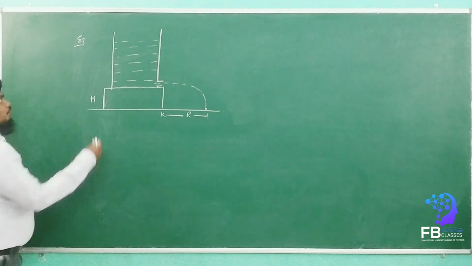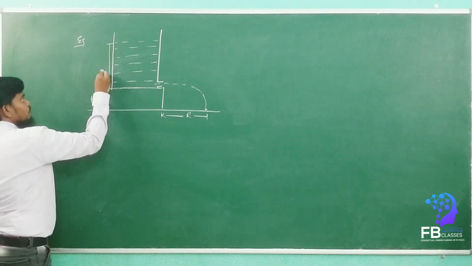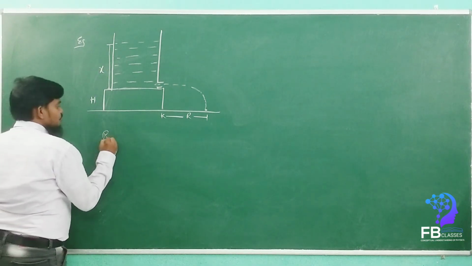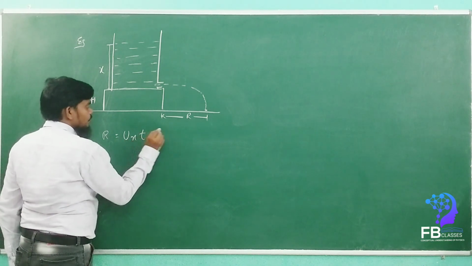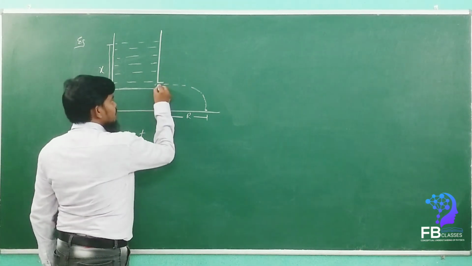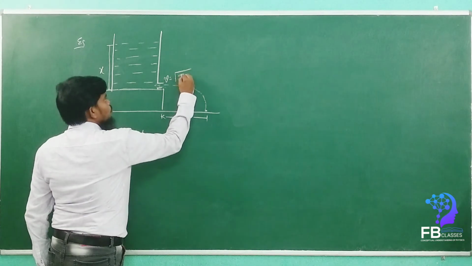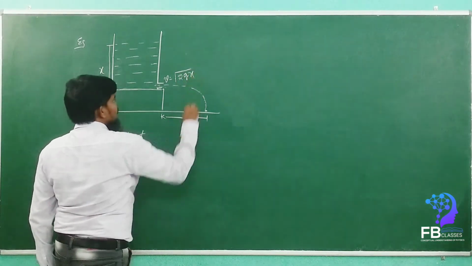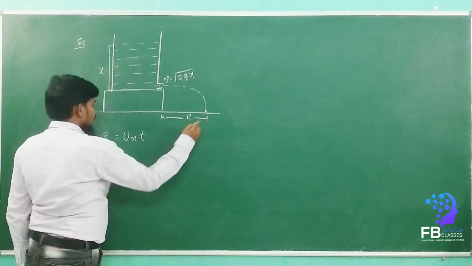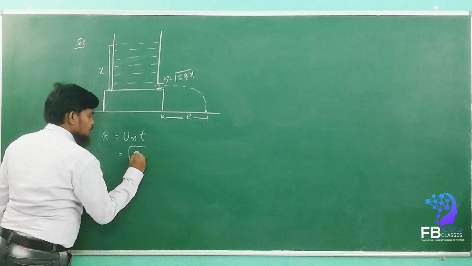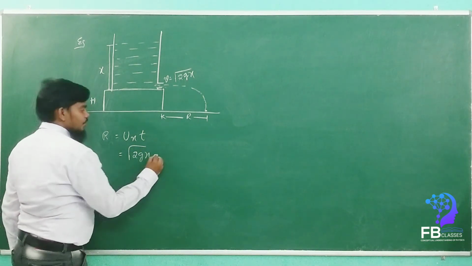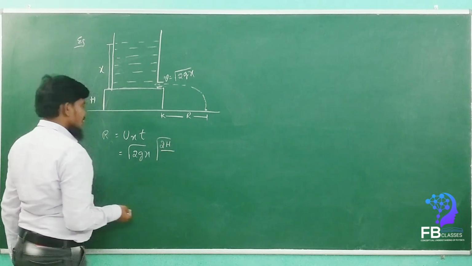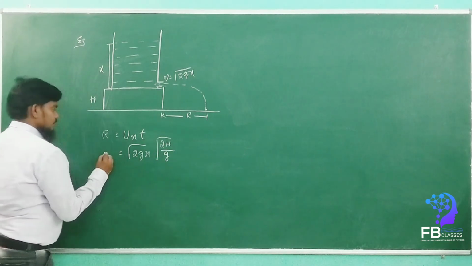Now he says to find the depth of the water. So very easy. So range r is equal to how much, my dears? Ux into t. So what is the ux here? Velocity is equal to root 2 g, and the height is x, so root 2 gx. Got it? So now root 2 g x into t, where t is root 2 h by g, is equal to r.